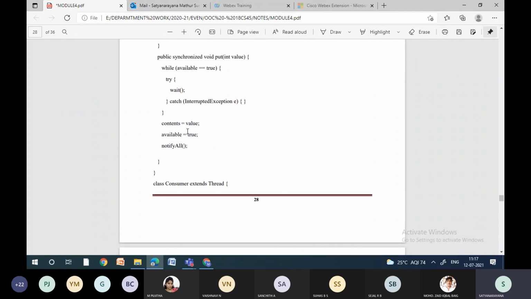In the same way, we are going to see the put method now. What is the put method? In the put method, we are checking the availability value. If availability is false, then it has to perform some action. But when availability is true, that means the buffer is full, then the thread has to wait. The contents value will be whatever value is available in the buffer, and the availability value becomes true, and it will tell every thread, hey, there are items in the buffer, you can start consuming them. There are full buffer items, you can start consuming them. So that is the notify all method.